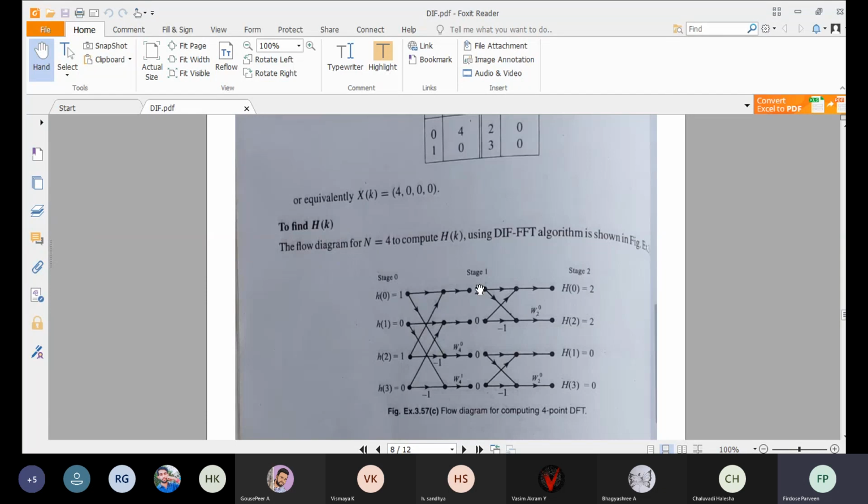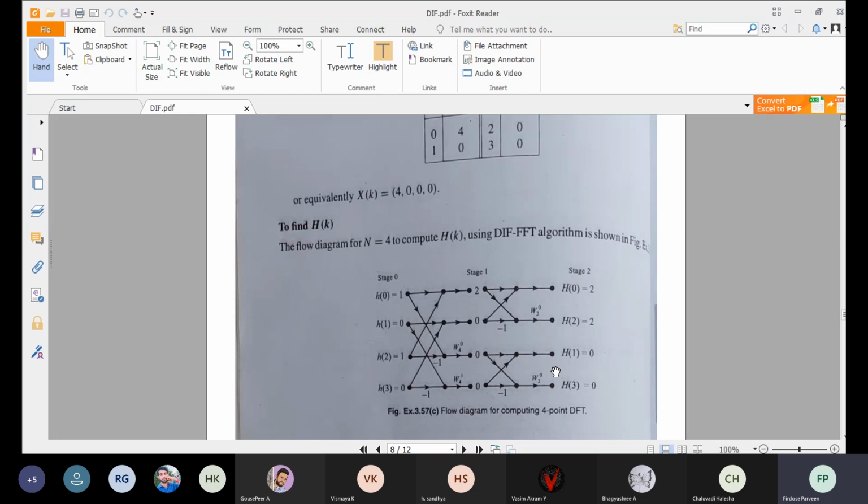Okay. So now from here, when you see the butterfly diagram, this is 2 plus 0. Okay. At this point, 2 plus 0, it is 2. Same thing, 2 minus 0, what will you be getting? 2. In the same way, 0 plus 0, it is 0. Here it is 0. Here it is minus 0. So it is 0. Okay. So like this you will be getting. So the same bit reverse will be here. Okay.